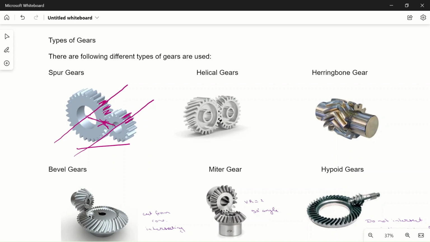Second one is helical gear. In this case, suppose this is a shaft passing through here, this is another shaft. You can see that here also the shafts are parallel to each other, so this is also a parallel shaft gear. But there is a difference between spur gear and helical gear. What is the difference? You can see that the teeth of these gears are inclined. These are not parallel to the position or direction of the shaft. So teeth are inclined, but these gears are smoother than spur gear, and they can take more load or more power transfer,